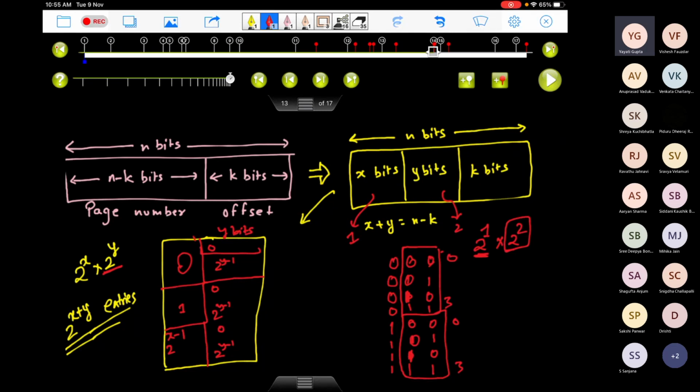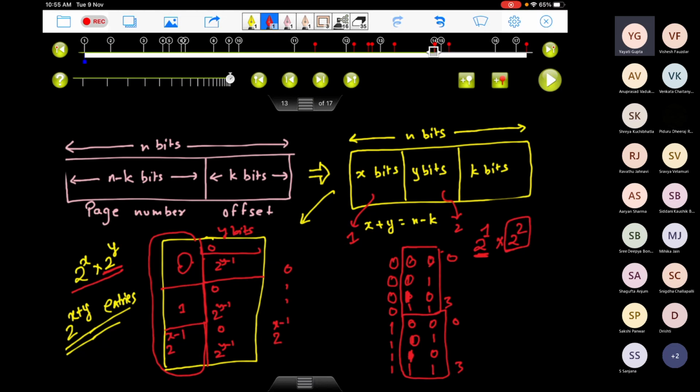So what will happen? This entire thing will become your outer table, which we were talking about, the smaller table, which will now have 2 to the power x entries. So we are now breaking this one table of 2 to the power x plus y size into two tables. The first table will have 2 to the power x entries from 0 to 2 to the power x minus 1.